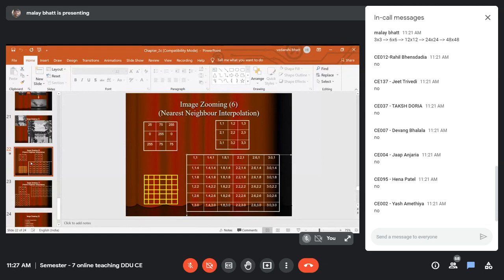The position 1 1 is given, then 1 2, first row, second column, 1 3, first row, third column. Similarly, position 2 1, the second row, first column, second row, second column, position 2 2, position 2 3, second row, third column. And similarly, you can think about the last row.